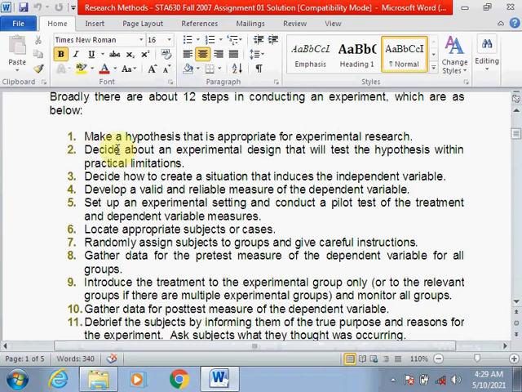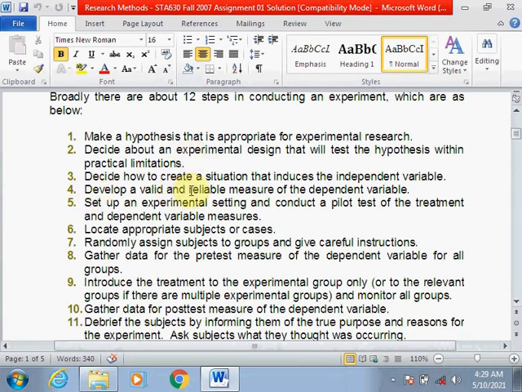Second step, decide about the experimental design that will test the hypothesis within practical limitations. Third step, decide how to create a situation that includes the independent variable.